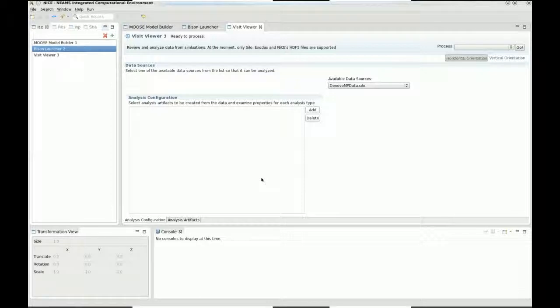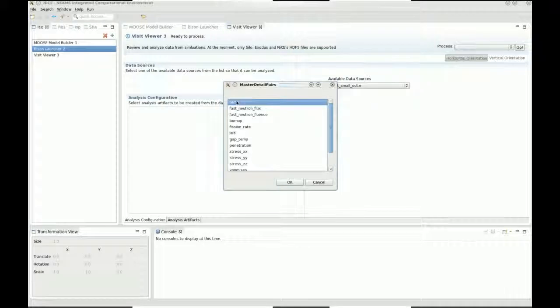But anyway, talking about Visit, what I'm going to show you is how we generate static images from an Exodus file or a Silo file in NiCE. We don't have a full 3D view. What we do have is pretty simple to use though. You pick your output file, in this case the one from Bison, and you hit save. Give it a second to boot up Visit,